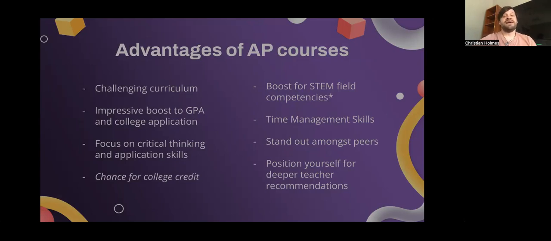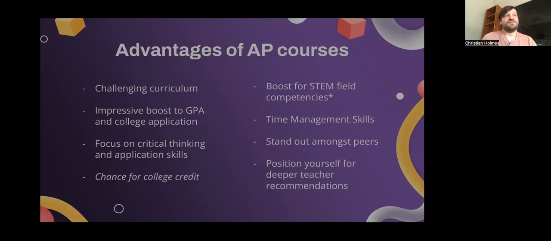You get the GPA boost, and it looks way better to colleges that you're taking the challenging courses that are available to you. Of course, you also have the ability to get college credit for these classes if you pass the AP exams, but even if you don't, it doesn't matter. That's not the point. The point is to challenge yourself and to gain competencies that you might miss out on in other courses. The other idea is that AP has come a long way in the application of the skills. For example, most of the AP tests now are focused on skills. They're not asking you memorization questions. They're asking you to apply content in a way that is indicative of the real world. So it's great. It's also great for STEM field competencies.